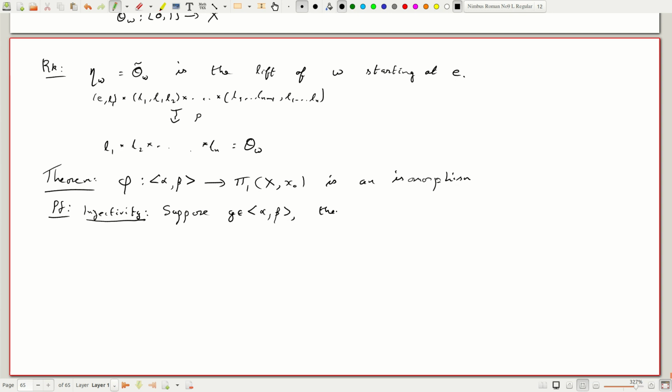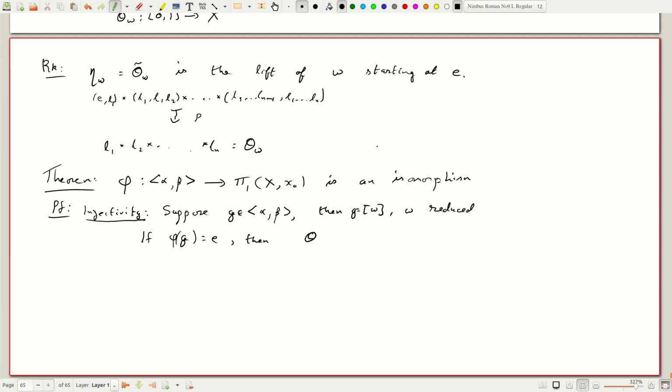Then we know every element is equivalent, every word is equivalent to a reduced word. So G equals W with W reduced. Okay, so this we know. So if phi of G is the identity, then